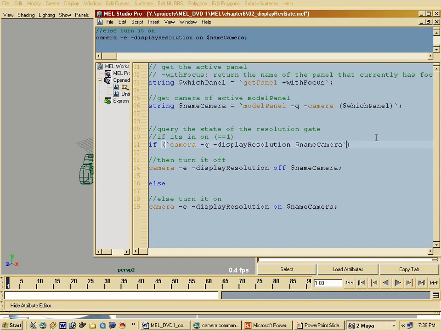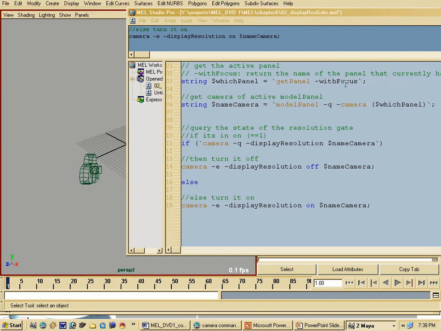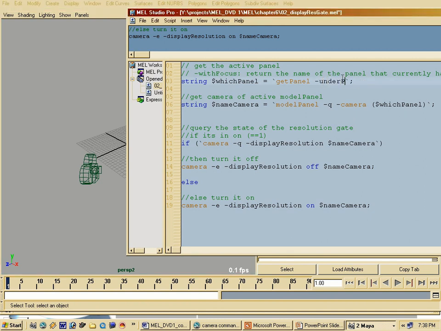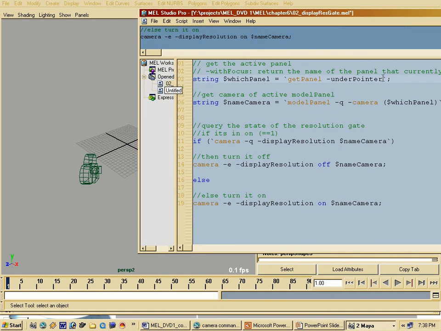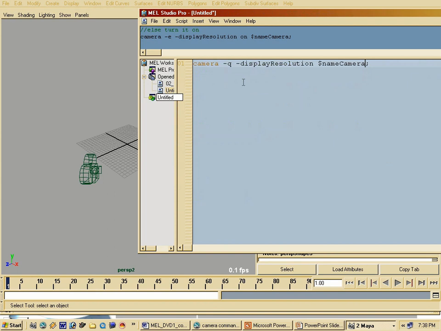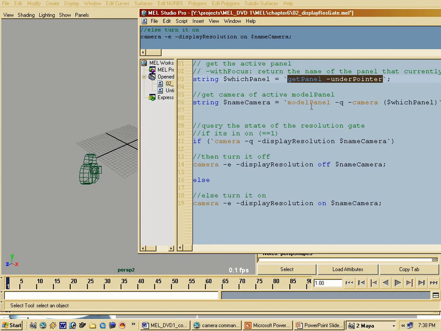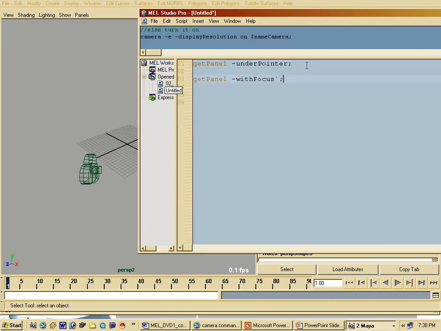Now, as I said before, instead of with focus here, we could, for example, use the other one, which is under pointer. Okay, so let's take a look at the difference between these flags. Just type under pointer. Okay, and well, you know what I'll do, I'll just copy this and paste it here, and then I'll undo a couple of times so I can copy it again, so I can get the with focus. There you go, with focus,